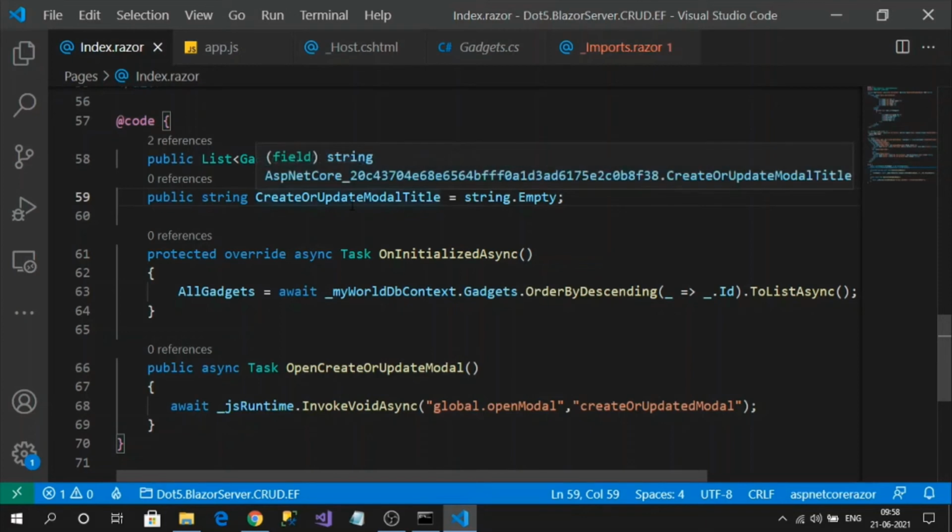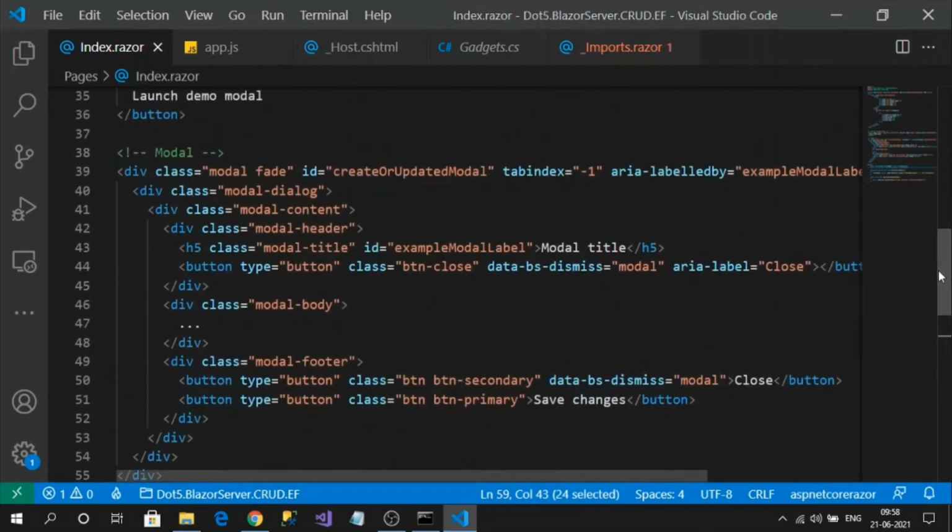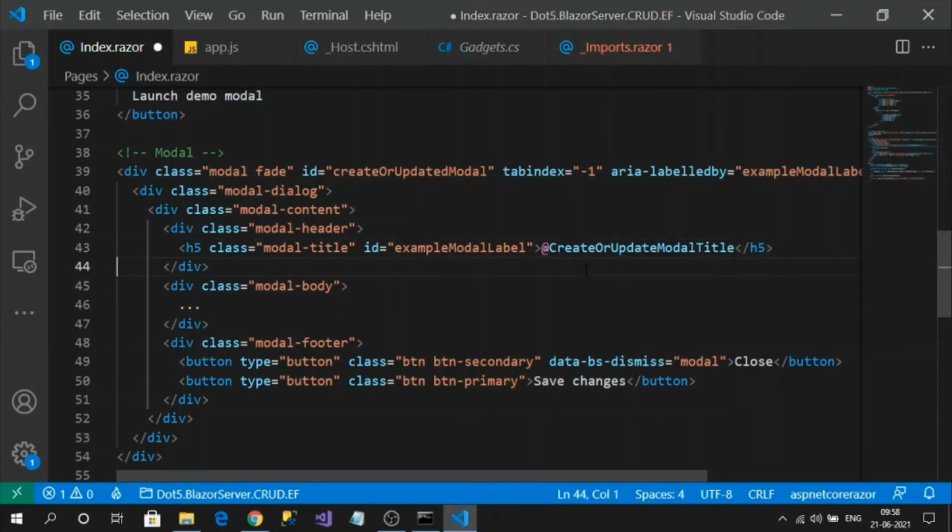So this property, I am going to use in my title header of my modal. So here you can say @ and that property value. So let me remove it.